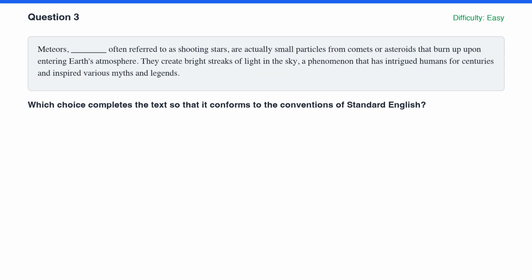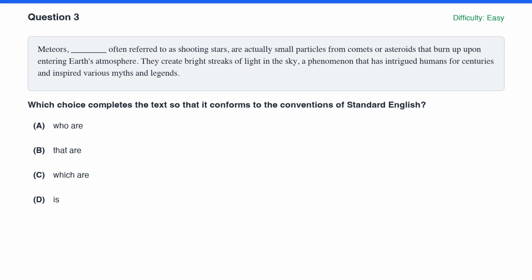Question 3 of 7. Keeping it straightforward, this passage is titled Origins of Meteors. The passage describes meteors as small particles from comets or asteroids that burn up entering Earth's atmosphere. The question asks which choice completes the text so it conforms to the conventions of standard English. We need a relative pronoun and verb that can introduce a non-restrictive clause set off by commas, providing extra information